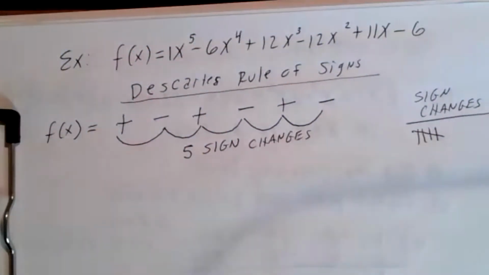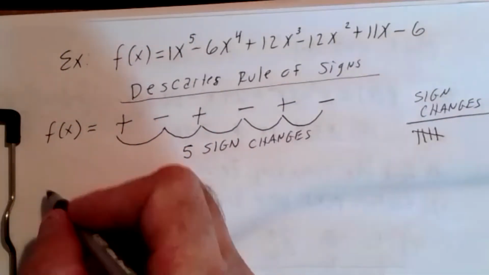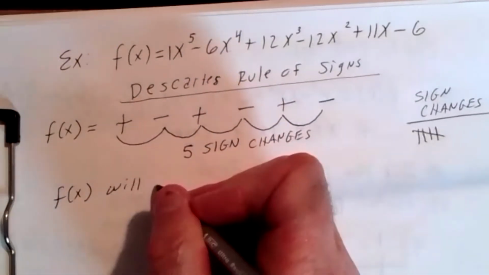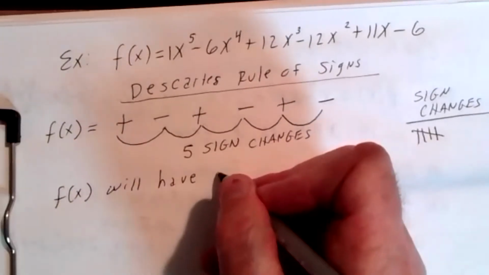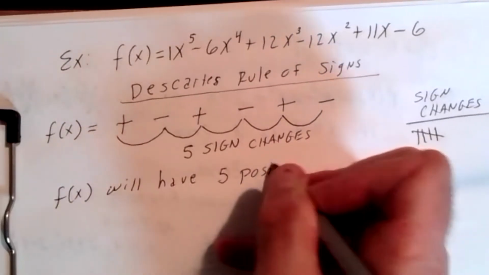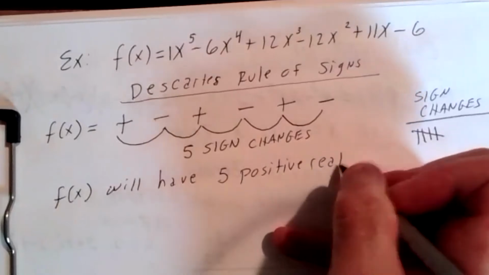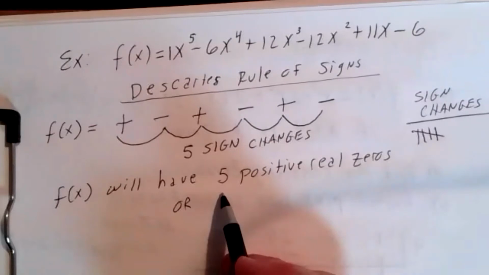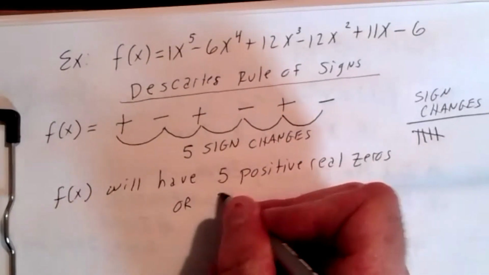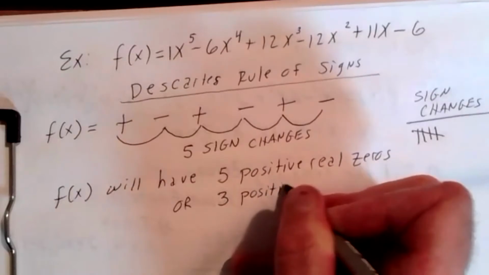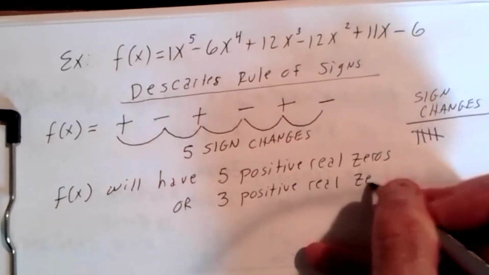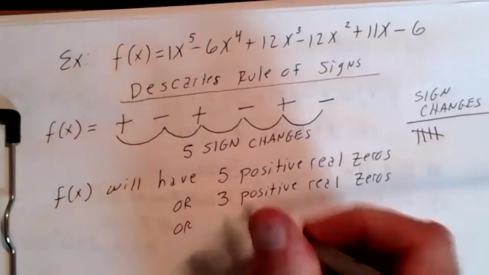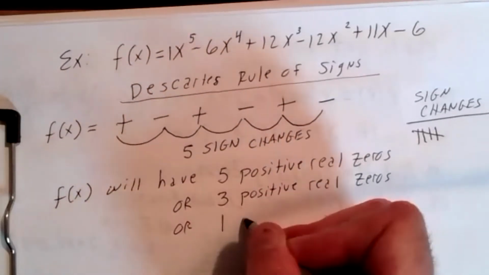So, Descartes' rule of signs theorem guarantees that f of x will have 5 positive real zeros, or this number decreased by an even number 2, or it could have 5 minus 2, or 3 positive real zeros, or 5 decreased by the next even integer 4, or we could have 5 minus 4, or 1 positive